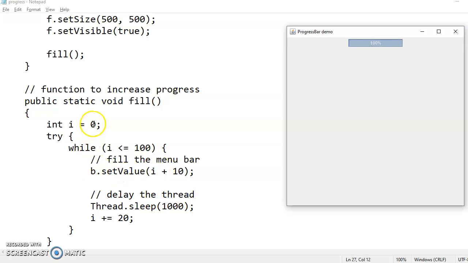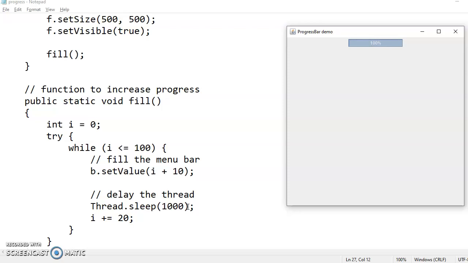So once it is 0, the value will become 10, and now once it is 10, so 10% should be displayed on the screen for a period of 1000 milliseconds. Means it should stay. Generally if you directly apply this loop without a sleep, then what will happen: 0, 10, 20, 30, 100. You won't be able to see the intermediate phases of 10, 20, 30, 40.